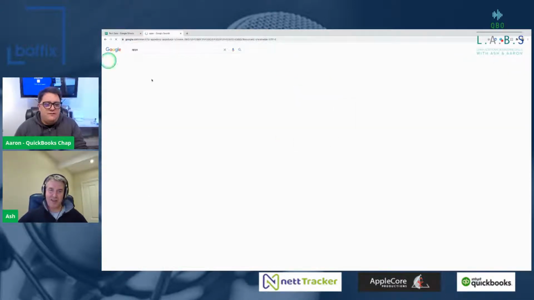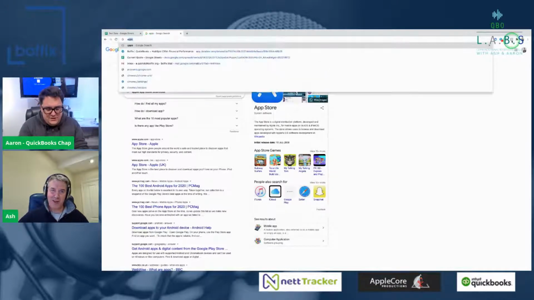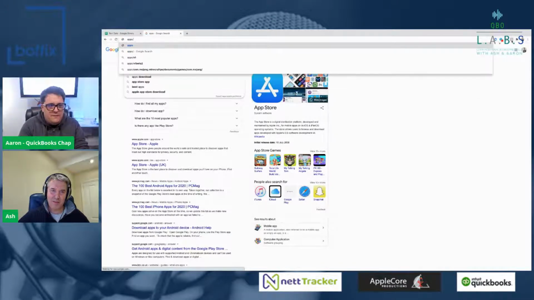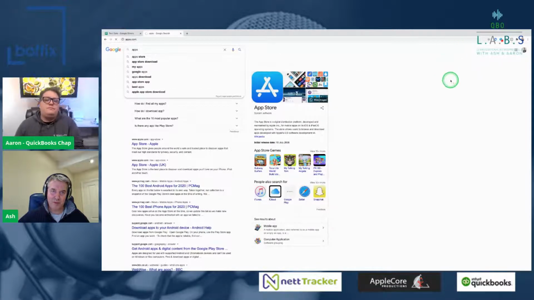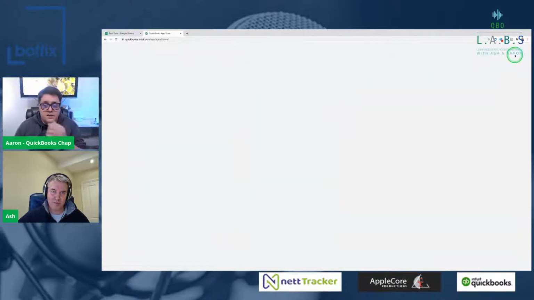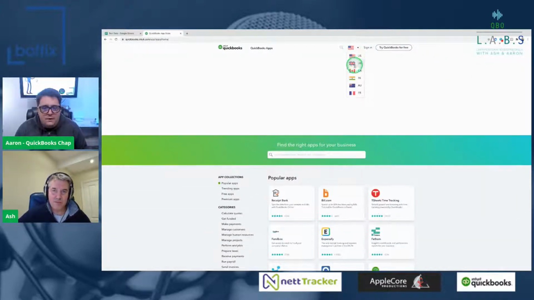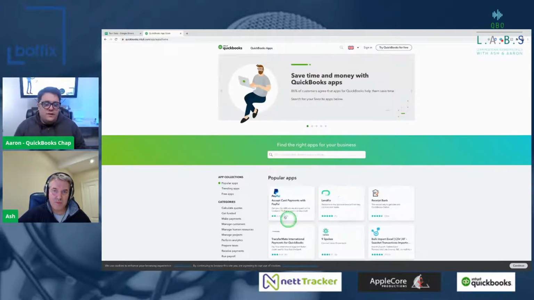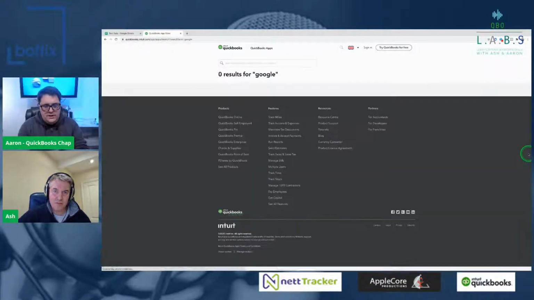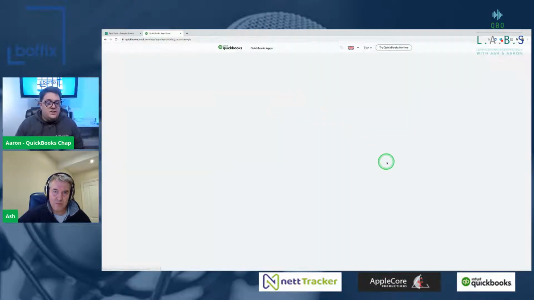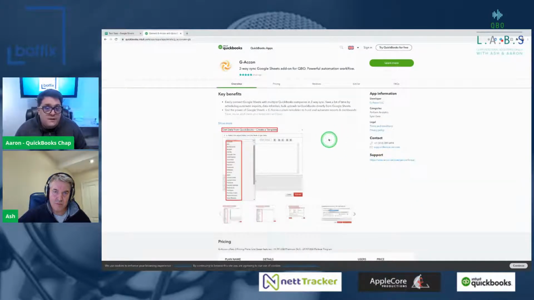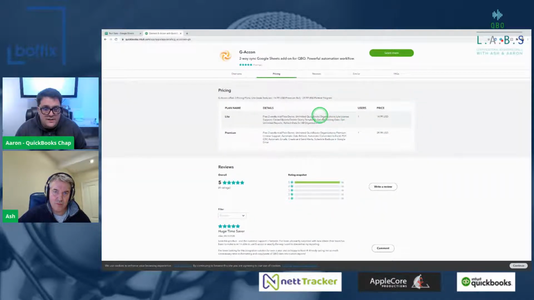I'm pretty sure I found it on the App Store. Let me just make sure it is there before. But if not, it might have been the Google App Store. If I just go to apps.com, so anyone who doesn't know, apps.com is where you'll find all the apps for QuickBooks. Make sure you're on the UK one. And if I just put Google in, see, look, here it is, Giacom, it's called. So it's exactly how it says here, and pricing wise, $29.99 USD. Cool. Which works out less than 30 quid at the moment, doesn't it? Yeah, very reasonable.